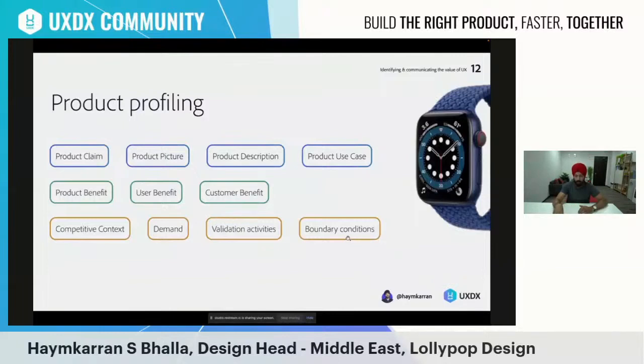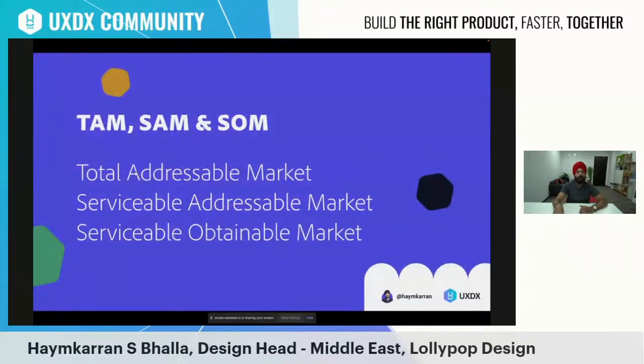I'm going to elaborate more on this on the next slide, where we'll understand how you narrow down a market that needs to be addressed. At the start, we started off by saying, how do you identify and measure the value of UX? As a designer, many of us get into product engagements wherein we need to go through a thorough research phase. Sometimes I see designers getting fixated only on certain activities, such as persona creations, empathy maps, or journey maps.